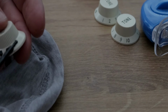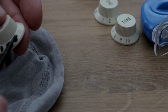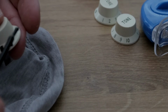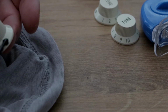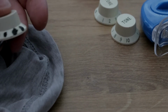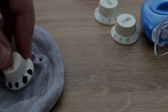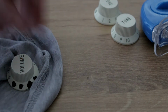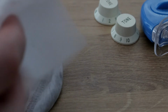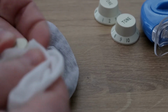The problem with new knobs, these are like aged. The guitar is like from 96, so if you buy new, you're gonna get completely white knobs. I don't remember if they were completely white when they were new, but now they became kind of yellowish, and there's yellowish buttons there too you can buy, but